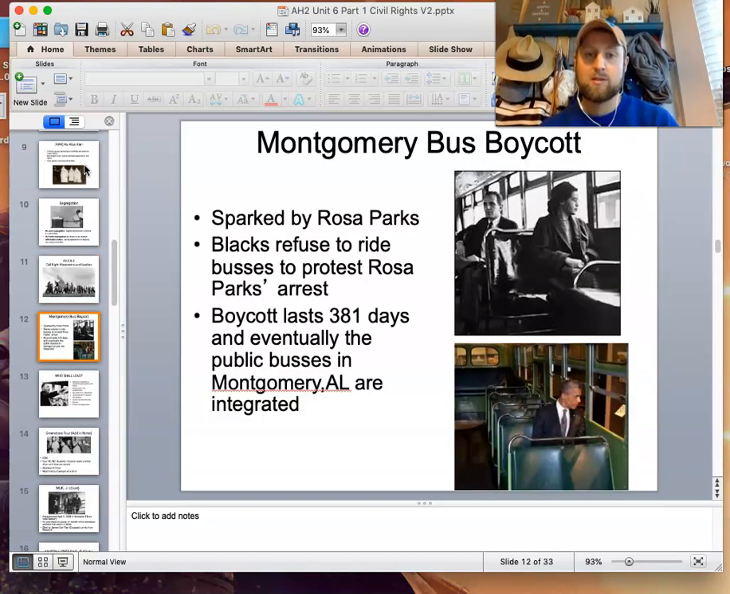So what sparks the civil rights movement? It is Rosa Parks. You've all heard of Rosa Parks. She is covered heavily, usually during Black History Month, although she should be covered a lot more than she is because she is the spark that lights the fire that leads to the civil rights movement. When she refuses to sit at the back of the bus,